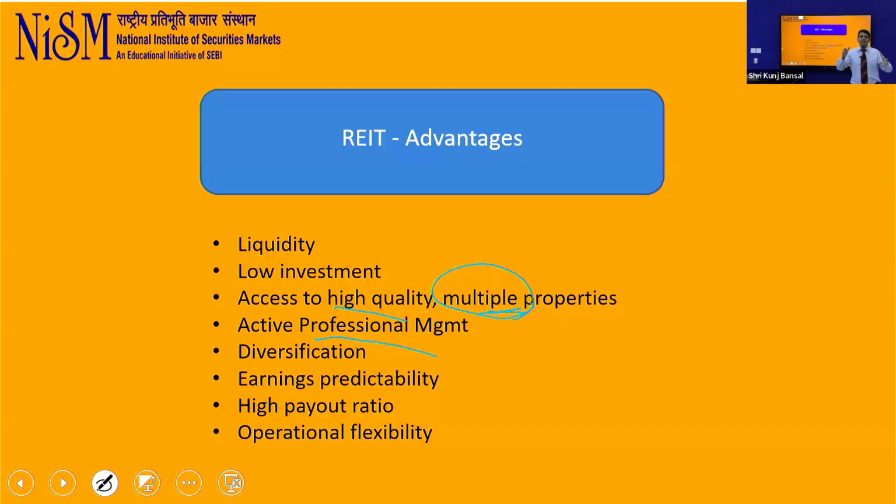Globally, these REITs are segregated. There are REITs on malls only, REITs on data warehouse only, REITs on hotels only. So again, within real estate, you can choose that my comfort is that only the malls will do well, hotels will not do well. So I want to take exposure only to that REIT in which investment is in malls, not in hotels. That choice you have globally. Right now in India, the REIT market is not so much developed. In the time to come, it will get developed, and in India also you will have those specialized REITs.